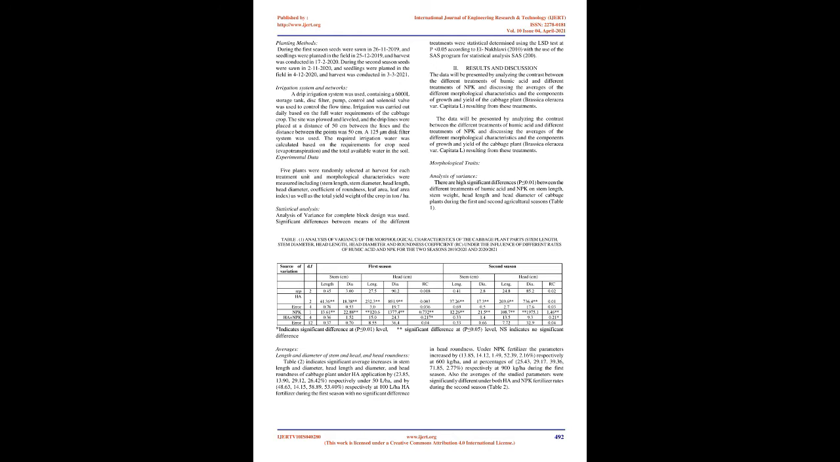The site was plowed and leveled, and the drip lines were placed at a distance of 50 centimeters between the lines, and the distance between the points was 50 centimeters. A 125 m disc filter system was used. The required irrigation water was calculated based on the crop water requirements, evapotranspiration, and the total available water in